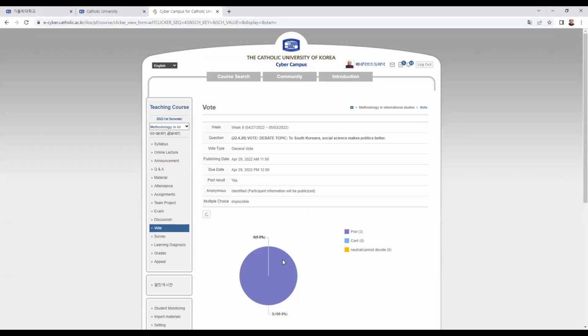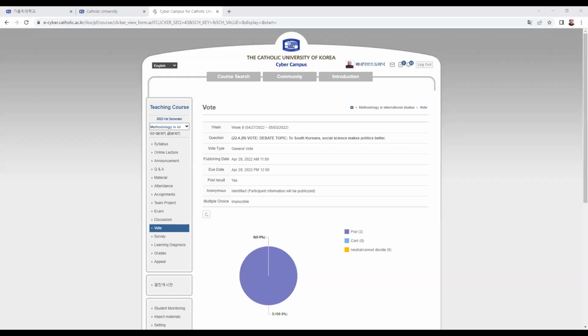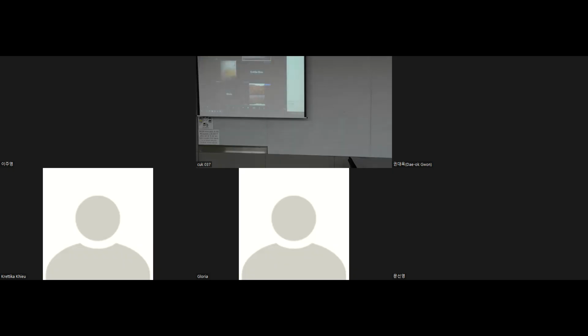I can't recall if you're pro or con on the debate topic, so I'm going to let you choose which group to join. I'm going to go back to the breakout rooms and create two rooms. You can choose which group you belong to here.